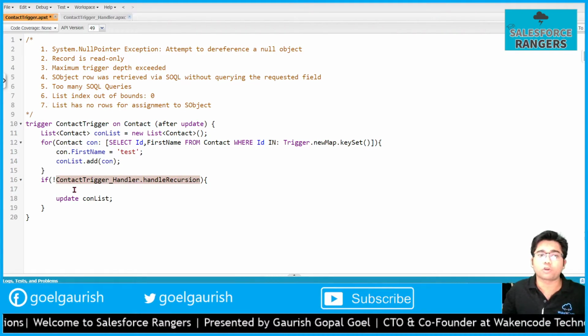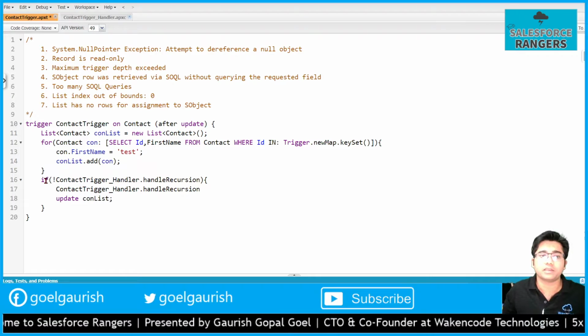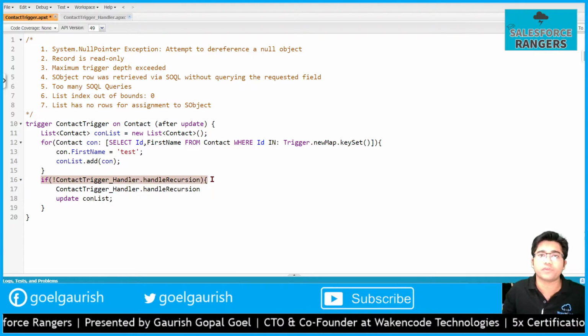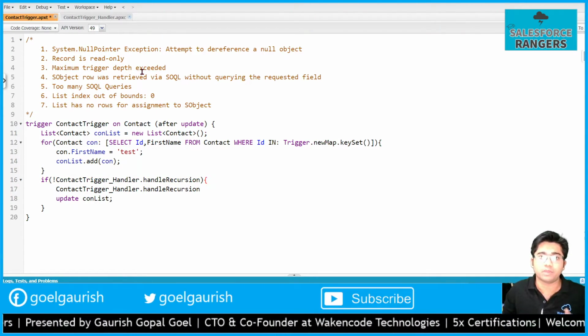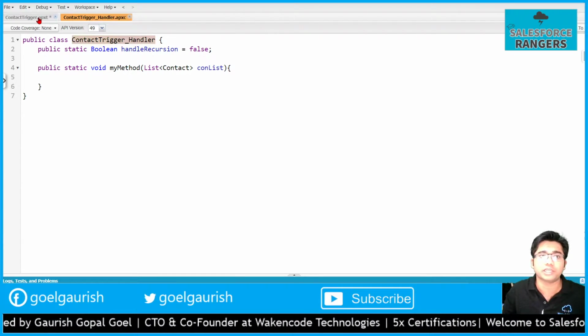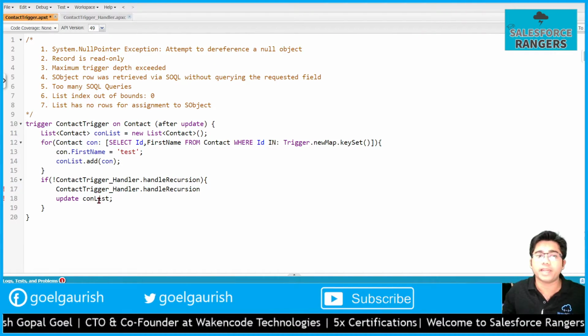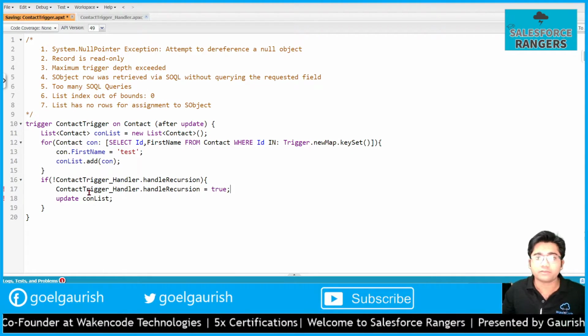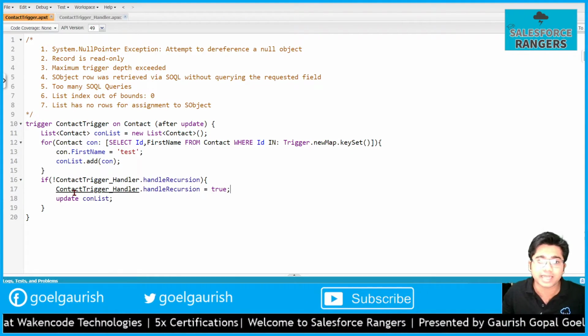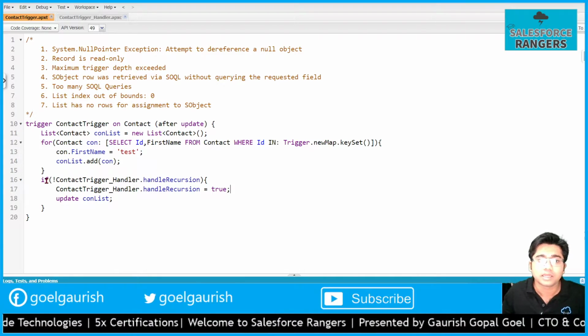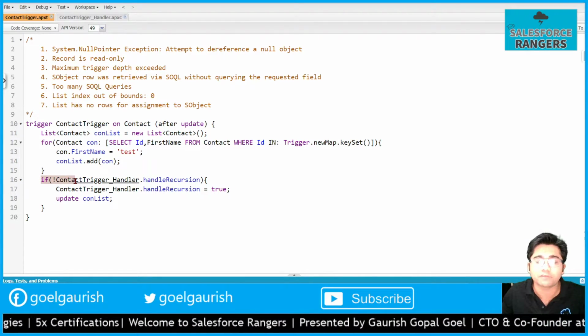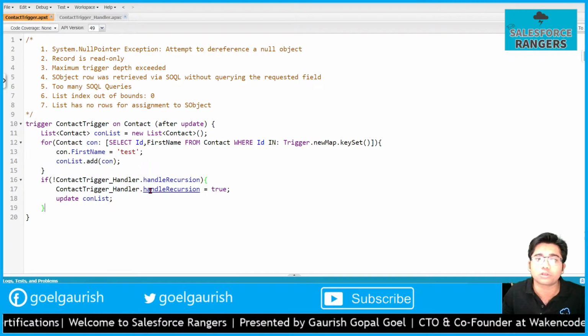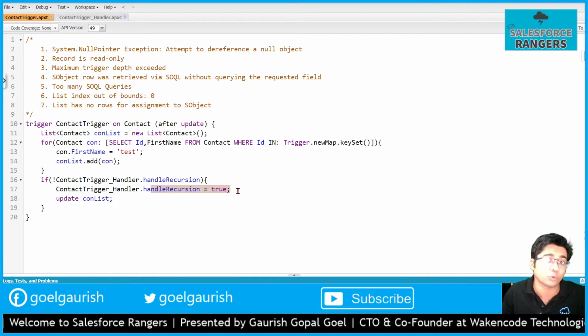So I have put a not operator, which means that this if condition is going to be satisfied the first time because the value is false initially. But before updating my contact list I am going to change it to true, so that the next time this trigger runs, it will not come inside this if condition because we have changed the value from false to true.